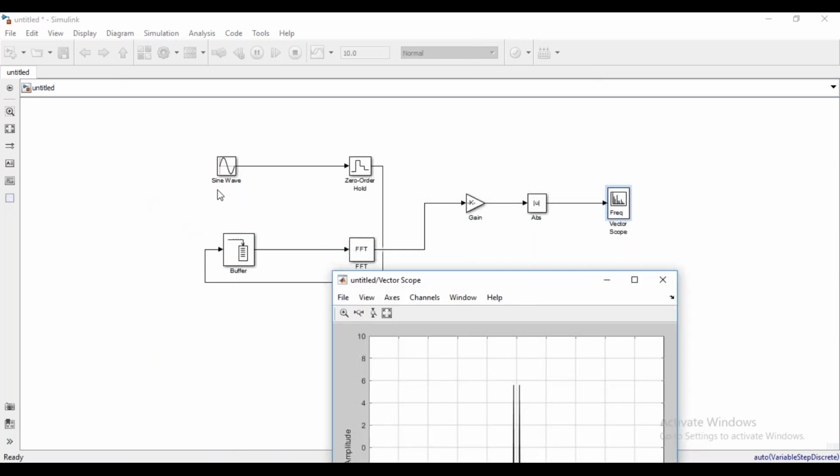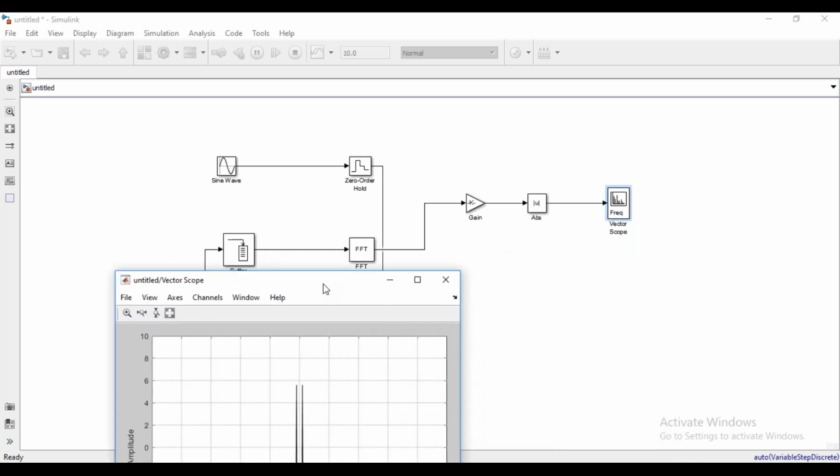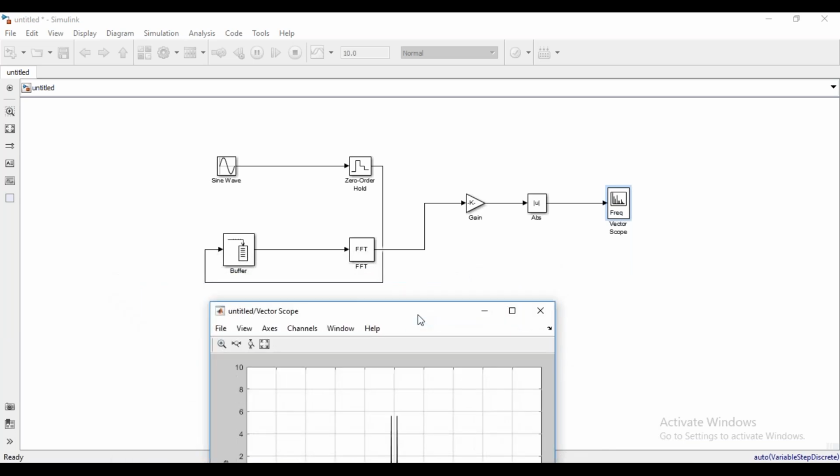And what you can do is you can vary the parameters. It is not that you have to always give amplitude as 8 volts and frequency. You define your own amplitude, frequency of the input wave. You define your buffer size. Make sure that you cancel it out in the gain block. Okay, so whatever size you're taking here, reciprocal of that you define as the gain. And then you define at what rate you want to collect the samples. You can make all these changes and then run the simulation and check the output. So this is how this FFT using Simulink will be done. Very, very easy actually, the Simulink based experiment. You can try it out. Those who have MATLAB installed can do this and share the results with us.